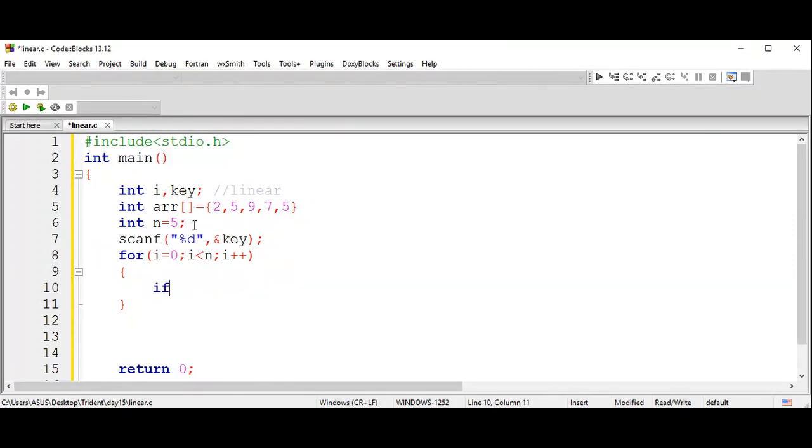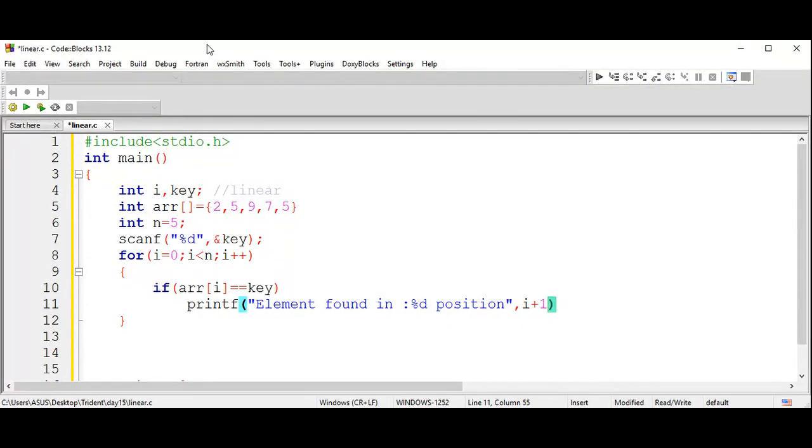So you can apply a condition: if array of i equals the k value, I can print "Element found in %d position", followed by i plus 1 as the position.